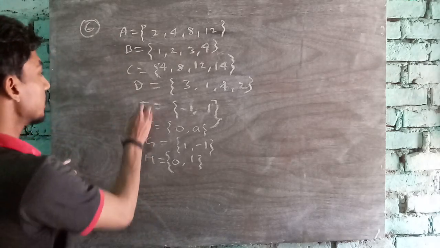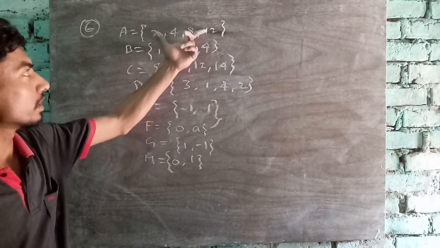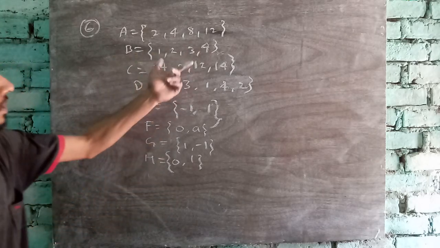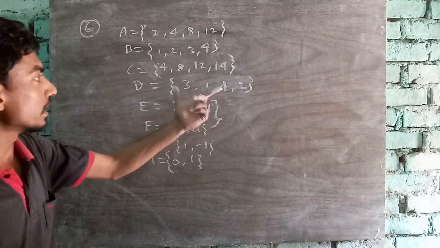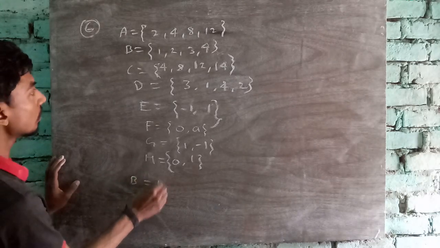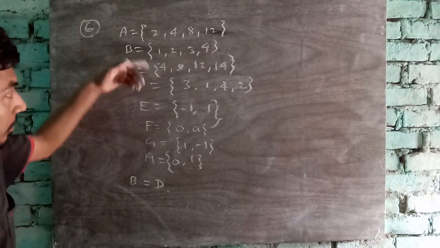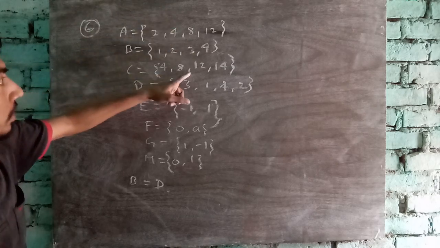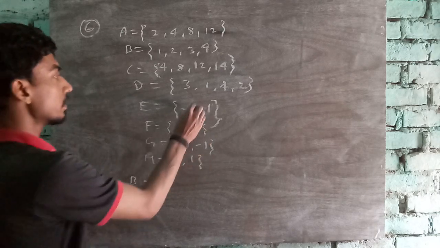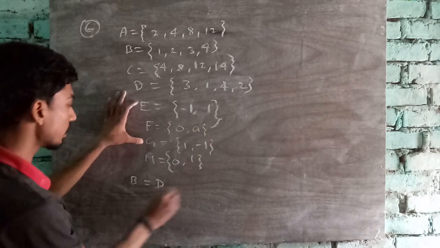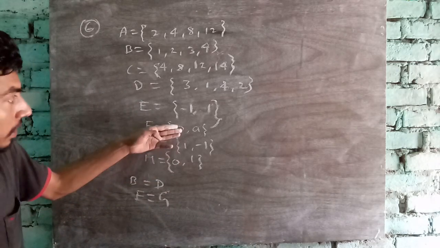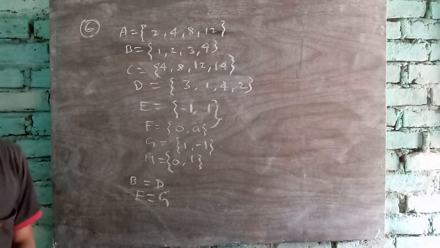ये सब सेट्स दिया है, इसमें चेक करना है कौन किसके इक्वल है, तो खुद से कर सकते हो। एलिमेंट्स अगर सेम रहेंगे तो इक्वल होगा, नहीं तो इक्वल नहीं होगा। देख लो कौन किसके इक्वल है। यहाँ पे सेट B, D के इक्वल है, क्योंकि इसमें 1 2 3 4, इसमें भी 1 2 3 4। फिर देखो ये इसके इक्वल नहीं हो सकता है, क्योंकि इसमें 14 और 12 है। ये 1 -1 और -1 1, तो यहाँ पे E और G इक्वल दिख रहा है। और कुछ इक्वल दिख रहा है नहीं, तो इक्वल है। ठीक है, थैंक यू।